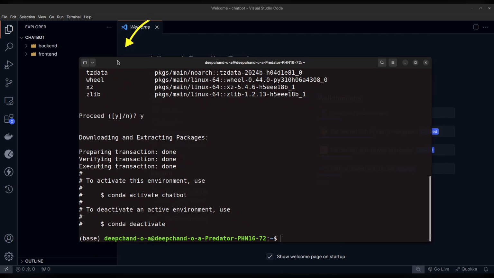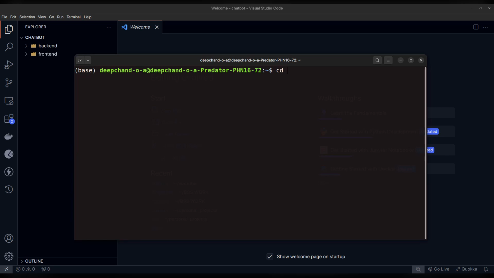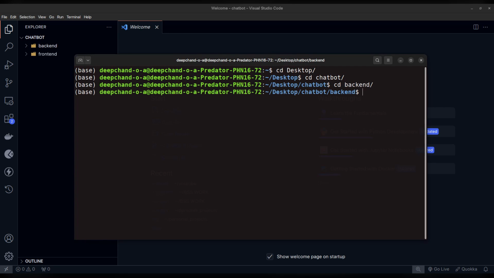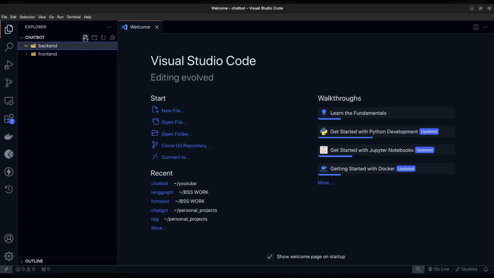So similarly, I'm going to traverse this path using my terminal. These are some basic terminal commands. Using cd, we can go to cd desktop, then cd chatbot. Over here, I'm again going to go to backend. Now here, I'm going to activate my environment. I'm just going to clear it. Now in this backend folder, let's create a file named